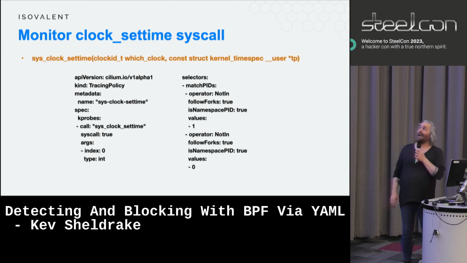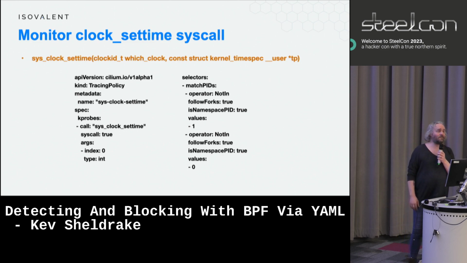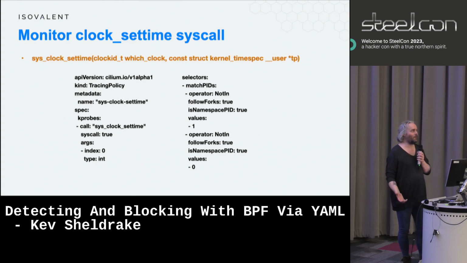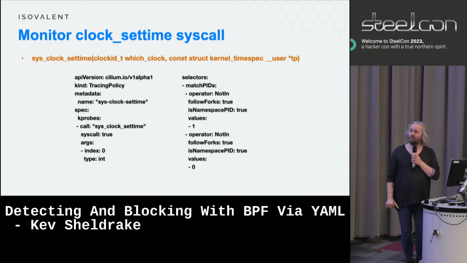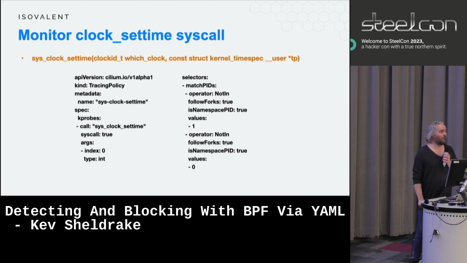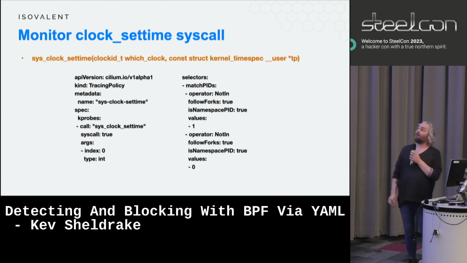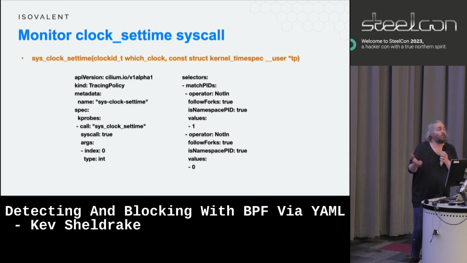And you might care if somebody changes the time on your box. I mean, if you care about logs, you probably care about the clock being correct, because obviously otherwise all hell breaks loose. So there's a syscall which sets the time, and if you inputted this bit of YAML, it would log every time that syscall gets called and tell you which clock was changed. Because you don't really care what the time's changed to, I mean, you might care, but you probably don't need to. What's more important is that someone's changed the clock. And so just to explain the YAML,